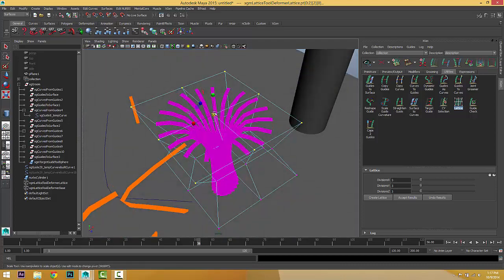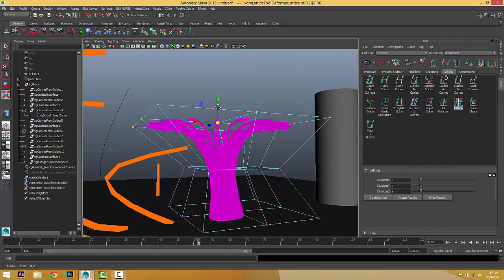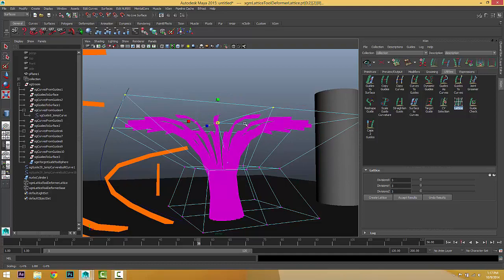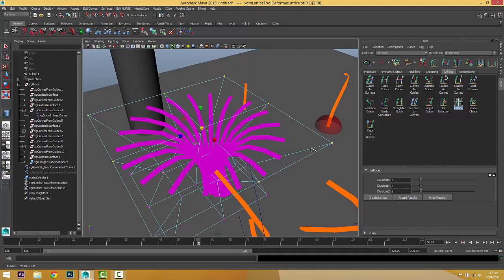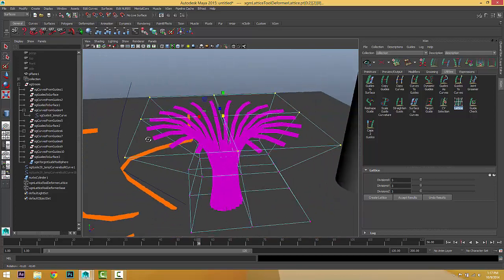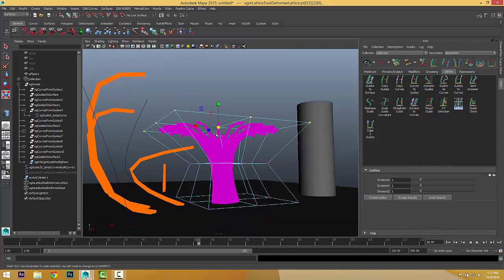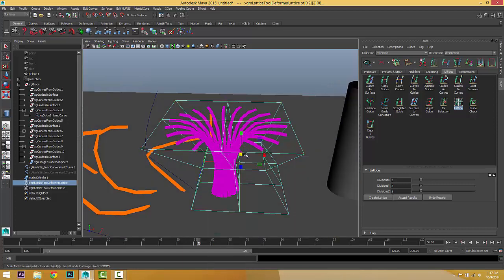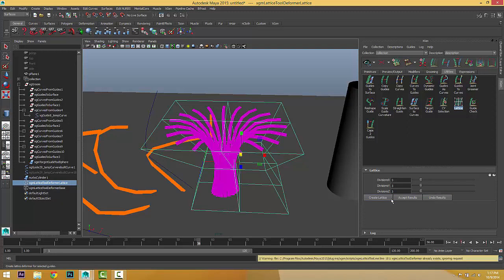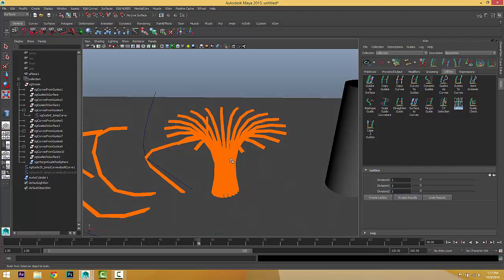As you can see on the tips, it works fine, because usually scaling is still moving, but I'm moving all of them together. And after that you can choose undo the result, or you can choose accept. Sorry, choose accept the result because we already got the lattice.